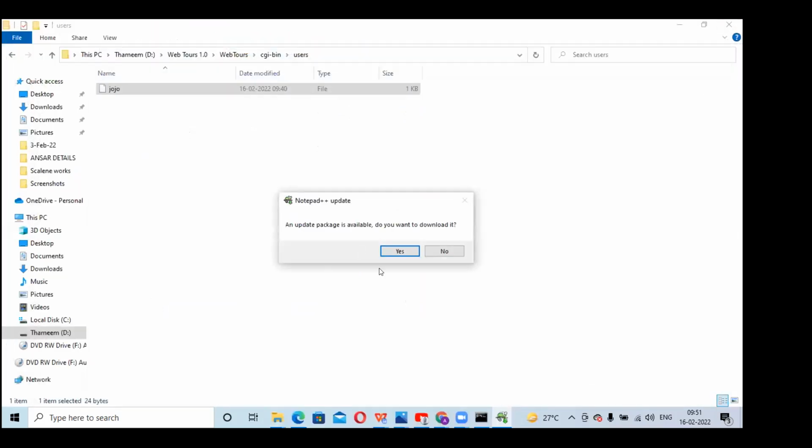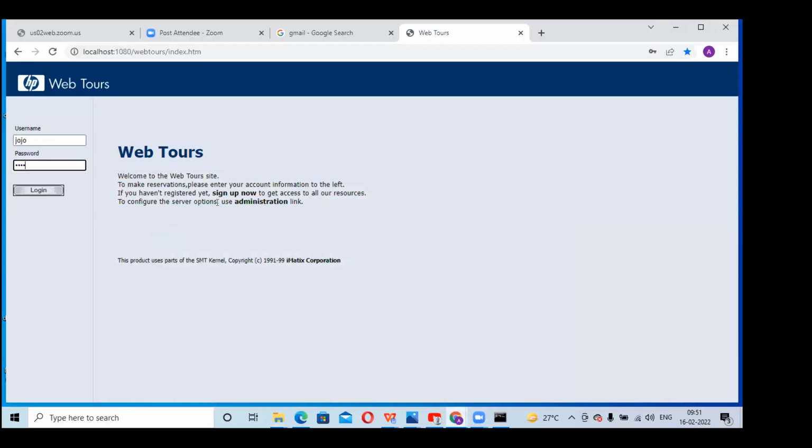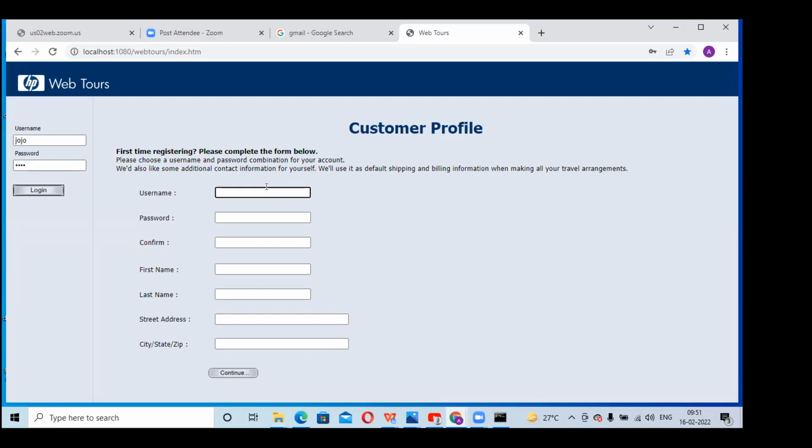Understood? Okay. And if you register in this application, for example, you can create some user IDs by clicking on this sign up now. Let me give some details. Answer 1. Password I will give as password 1. I'll copy the first name and last name, I'll give the same thing, and address one. Okay, and click on continue.